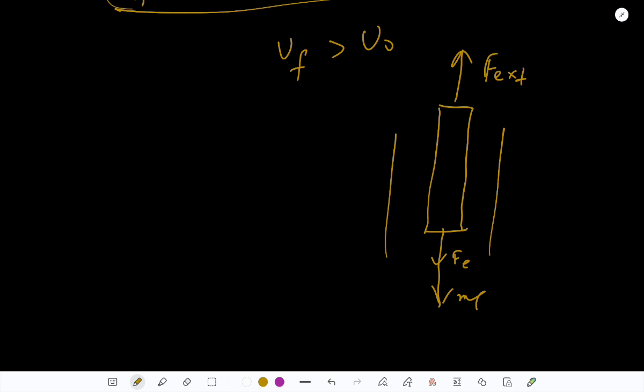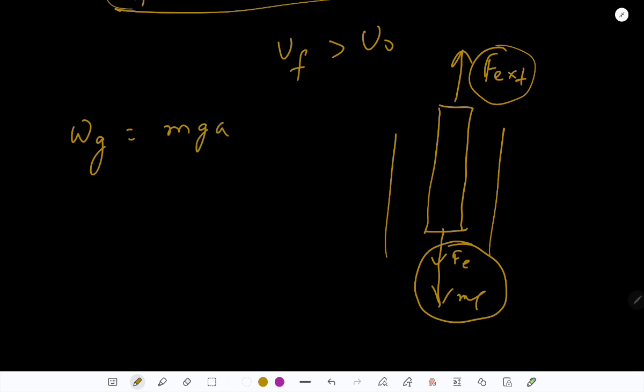That is, work done by external force plus work done by electrostatic force plus work done by gravity should be equal to 0. And that means work done by external force should be equal to the negative of the work done by electrostatic force and work done by gravity. And the work done by gravity I can write as mgA, because we need to pull out by a distance a,